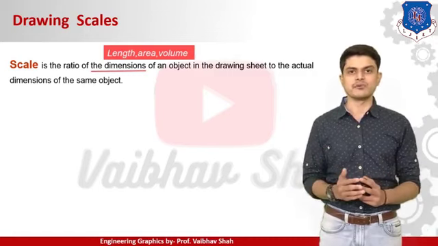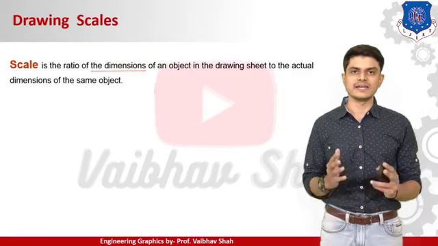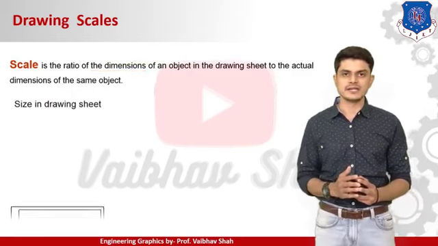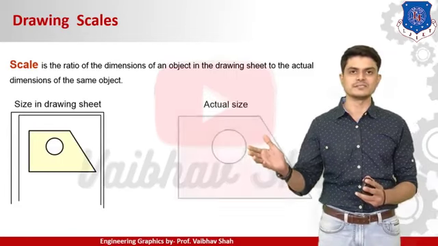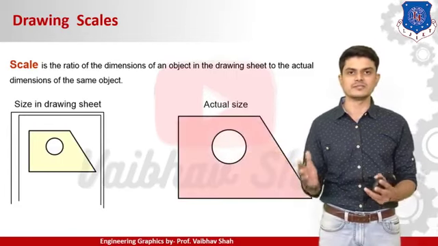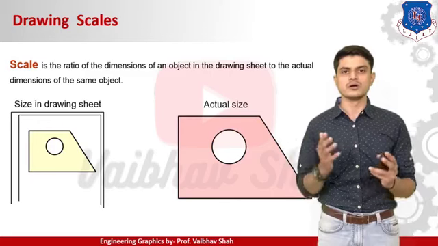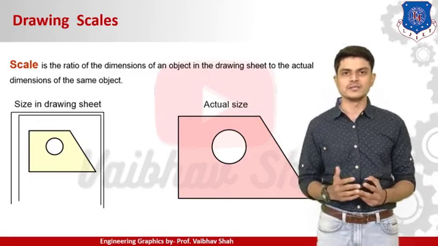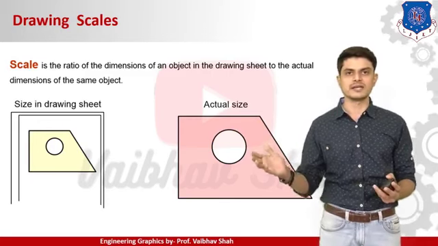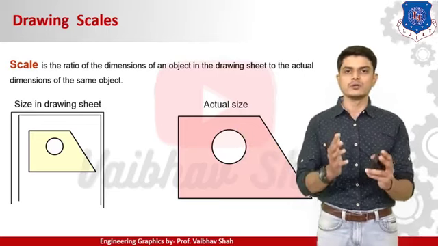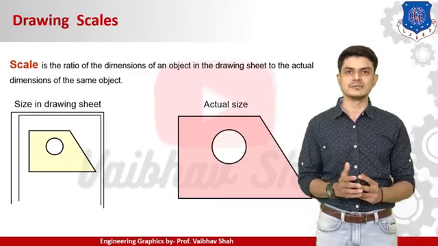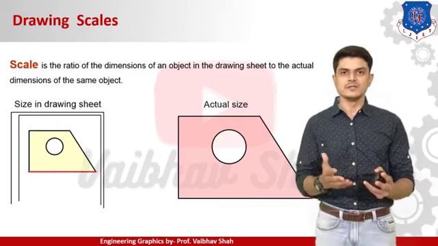scale directly from it. So let us take one example based on scales. Let us suppose in the drawing sheet I am drawing this element and its actual dimension is like this. As you can see, it is quite large compared to the object drawn in your drawing sheet. So what we have done is taken a scale of this actual image in order to accommodate it into your drawing sheet. So how to take a scale? Let us select any one side of this object.